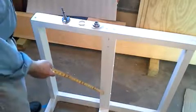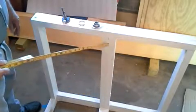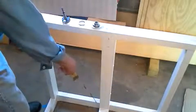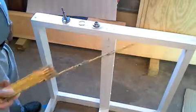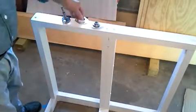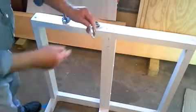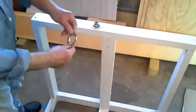You can make it 1.5 inches, or you can make it 2 inches, whatever you prefer, and put the line here. The same thing on the back, measure from the top of the 2x4, put the same dimension. And what you're going to have to do, these bearings have a flange on them. I don't know, you might be able to see it right there. You're going to have to recess the hole where they go